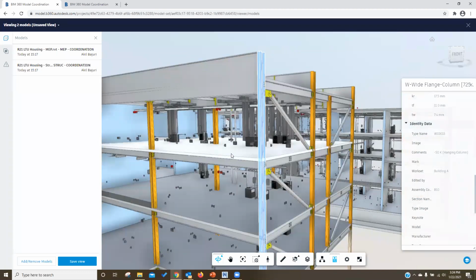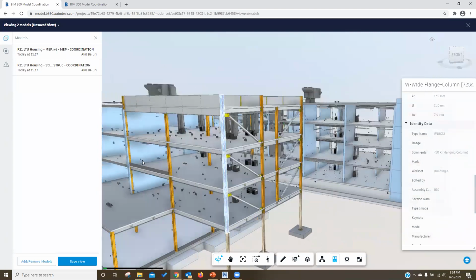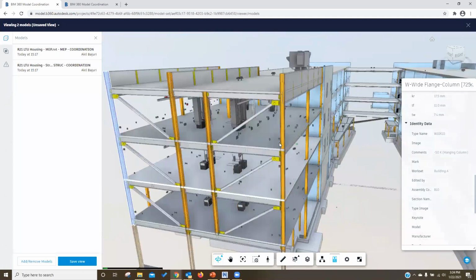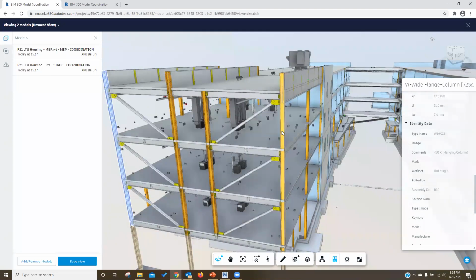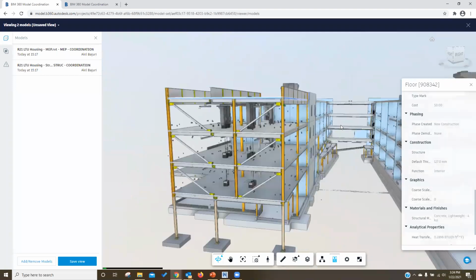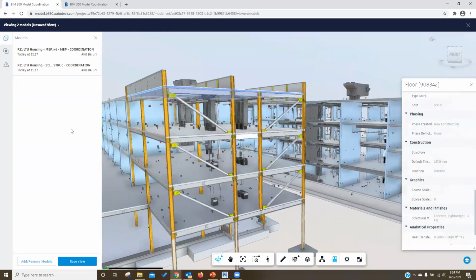It brings all the information into this platform, which means you won't lose anything. All information is still attached to the model. So that's how you can still find more information even though you don't have Revit, AutoCAD, Plant 3D, Civil 3D, and so on. You can still get to see the information, and that is why BIM 360 is very helpful for defining and managing all the information. And this is the coordinated model between structure and MEP.